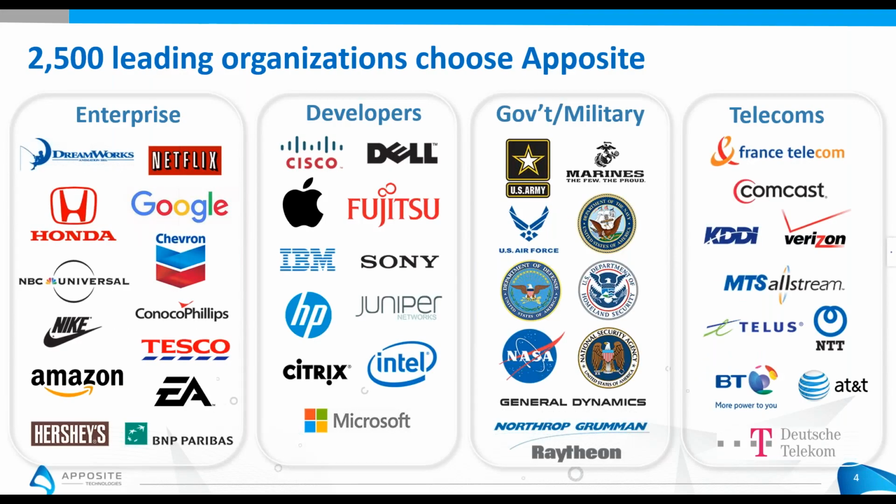In terms of the customer profile, the use case is quite broad. There isn't one particular vertical market that would benefit from Apposite. Here are some examples of customers across telecom, government and enterprise. Application developers would benefit, but really it's any customer that is rolling out a new application, upgrading an application, or moving a data center. Anybody looking to test performance over different WAN parameters before rolling out is suitable for an Apposite solution.